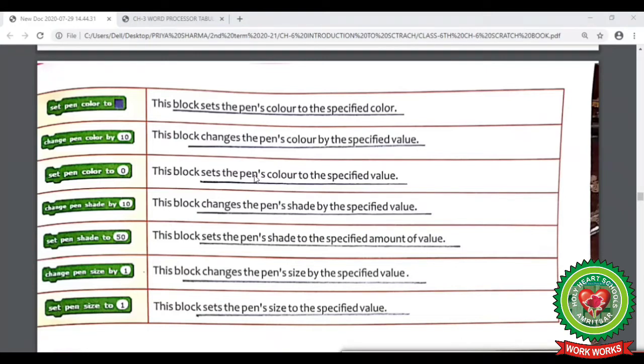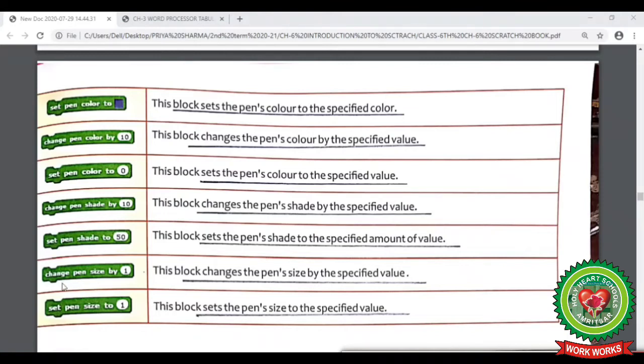This block will change the pen's color to the specified value. Another block is change pen's shade by 10. This block will change the pen's shade by the specified value. Another block is set pen shade to 50. This block will set the pen shade to the specified amount of value.